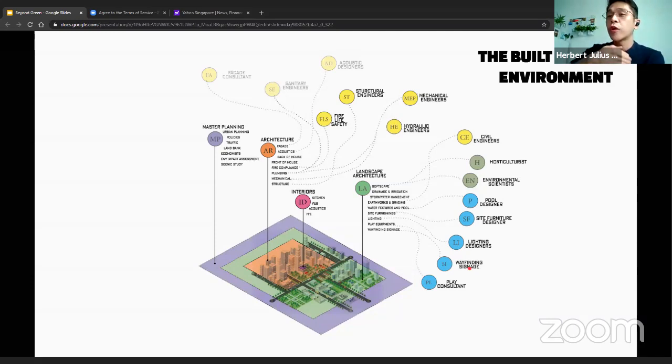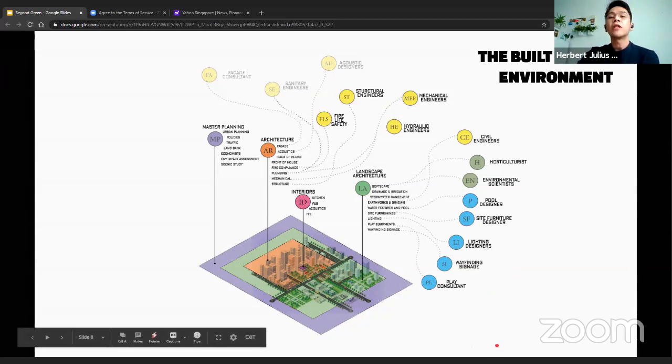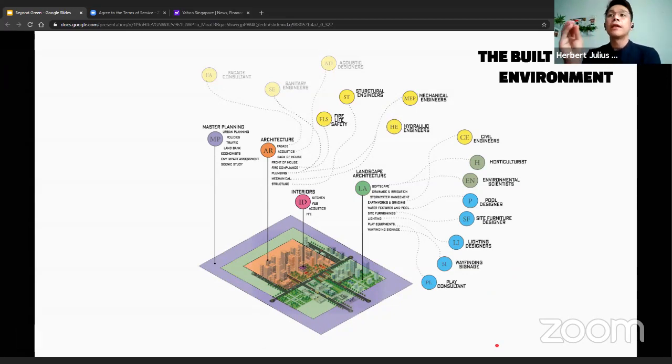We engage our horticulturists and environmental scientists in consideration of the trees, their conservation, and planting. And the list goes on as I've listed here: pool designers, site furniture designers, lighting designers, wayfinding, and play consultants. So we are in the midst of the built design environment, and very much part of it.